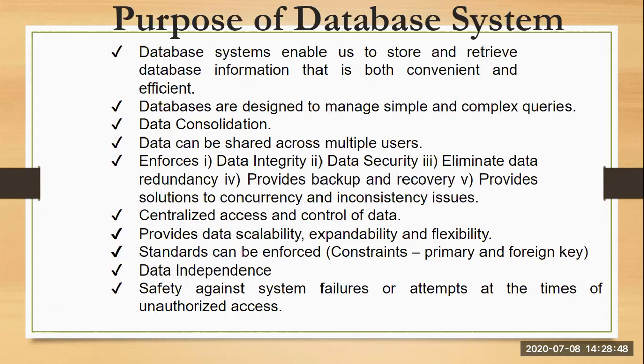Third, eliminate data redundancy. With constraints over the databases, the redundancy can be eliminated. Normalization is a concept which is used in database to remove redundancy, that we shall be studying in the next chapters. So that helps you to remove the redundant data. Next, provides data backup and recovery. Since the database is online, you can store your database on different servers and you can easily back them up as well.